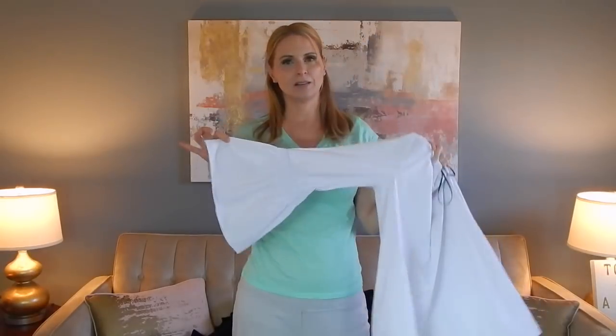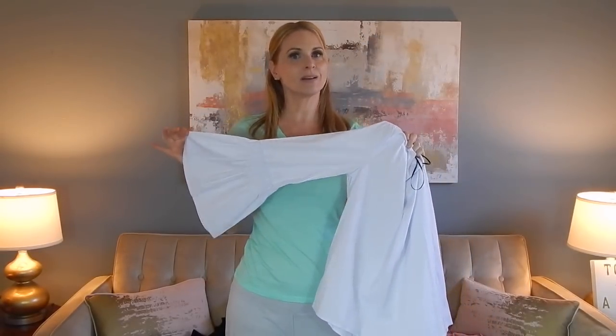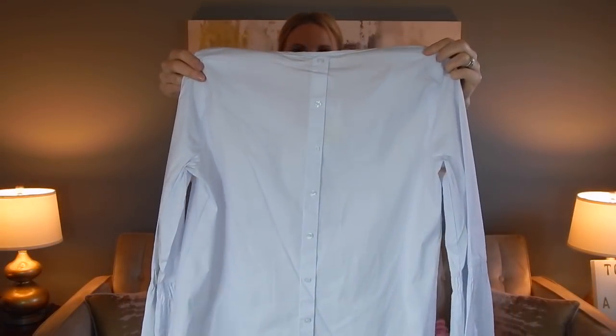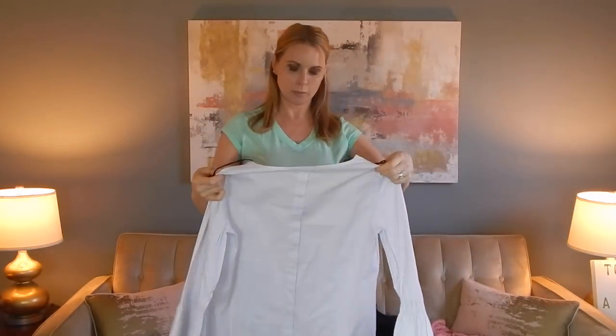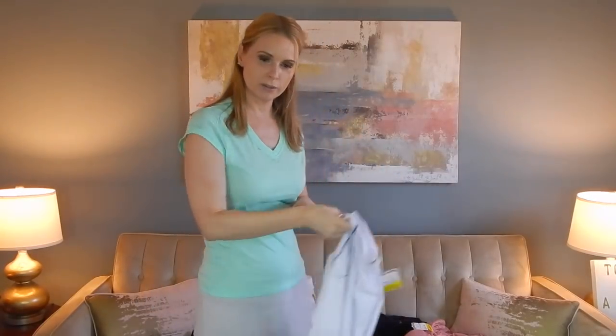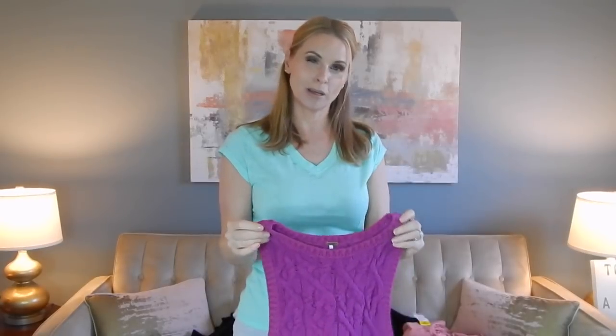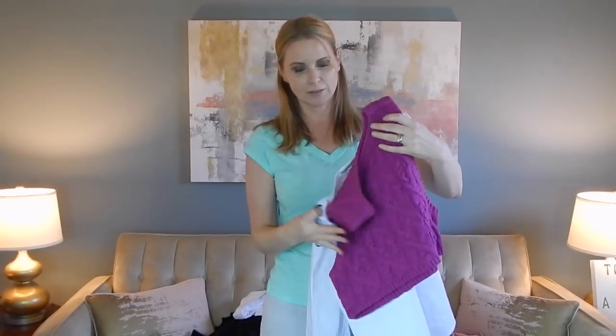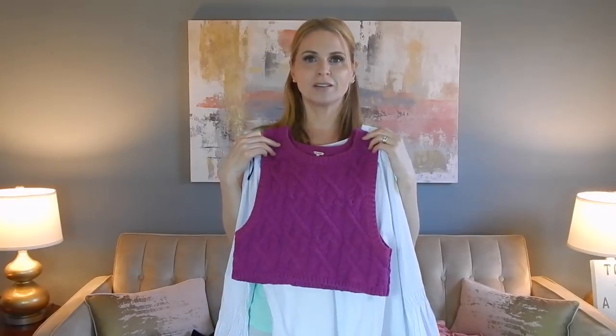All right, I don't know if I have anything that goes with jeans, but I bought this white crispy shirt. It has these bell sleeves, which I think in my mind I like, but I'm not sure. What really got me is the back has buttons on it. And I thought that was super cute. Maybe I'll wear it backwards. Maybe I won't. Now my thought with this shirt was to put, bear with me, it's a thought. Free People is one of my absolute favorite brands that TJMaxx carries. And although I wasn't sure what to think of this little number, I loved the color and thought that perhaps,